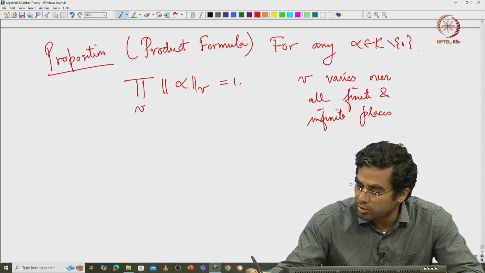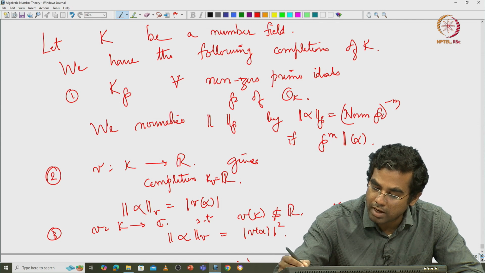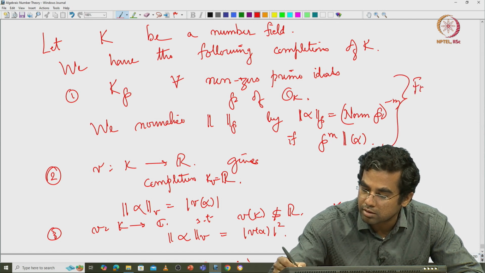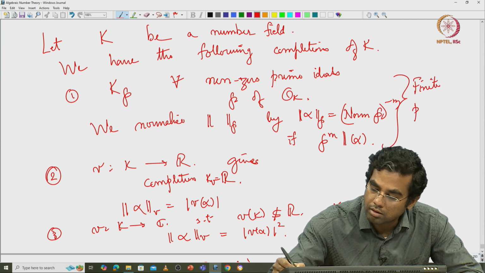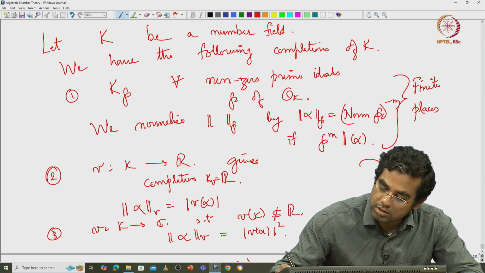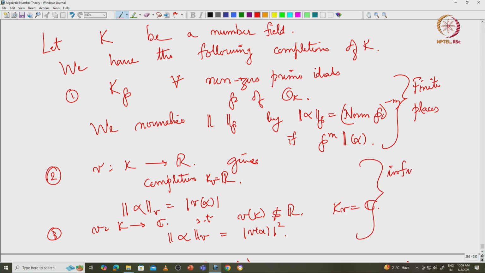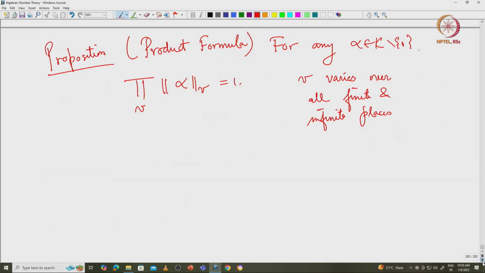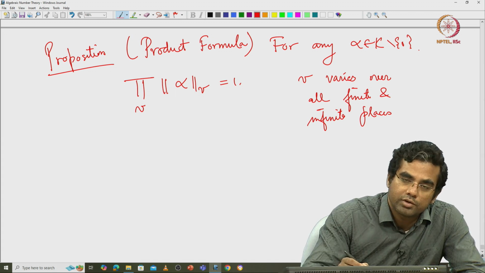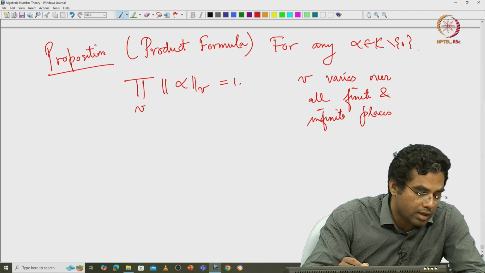Okay. So, let me go back to the previous: these are called finite places and these are called infinite places. Another name for this is Archimedean places and non-Archimedean places. So, this is an infinite product in principle,